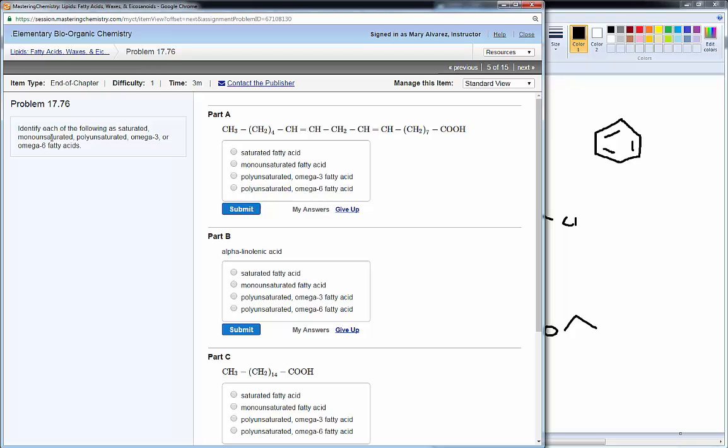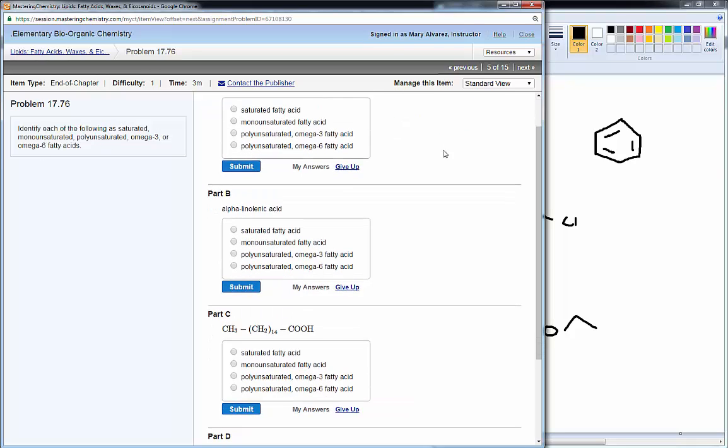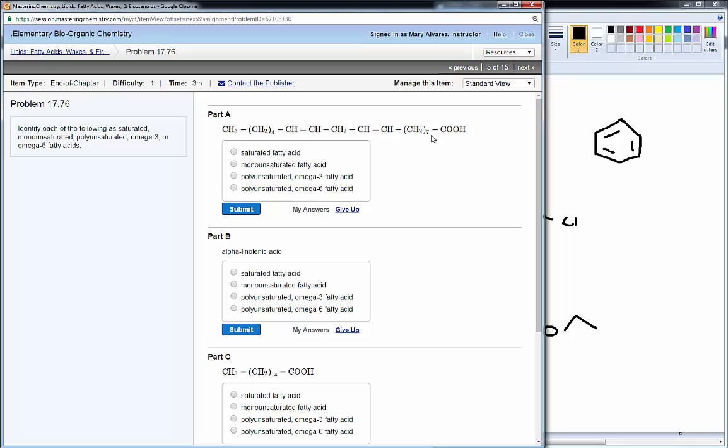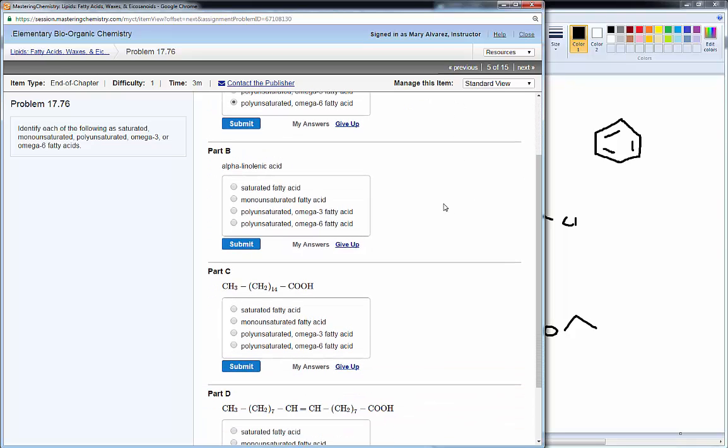Next, identify them as saturated, mono, poly, omega-3, omega-6. What do we get? We have 1 that makes 8, 9, 10, 11, 12, 13, 14, 15 carbons. Interesting. I have 2 double bonds, so that would be polyunsaturated. And the omega refers to what number of carbon from the end it is. So starting from here, this is 1 plus 4 is 5. That's 6 carbons, so this is a polyunsaturated omega-6 fatty acid. Pardon, I think that's 18. I think I must have miscounted. All right,